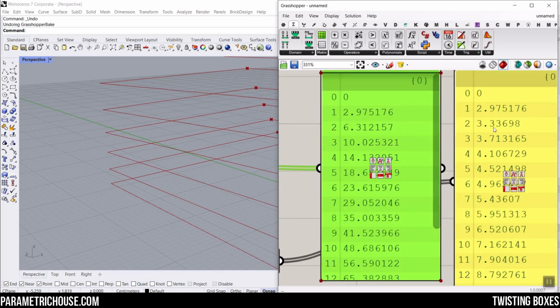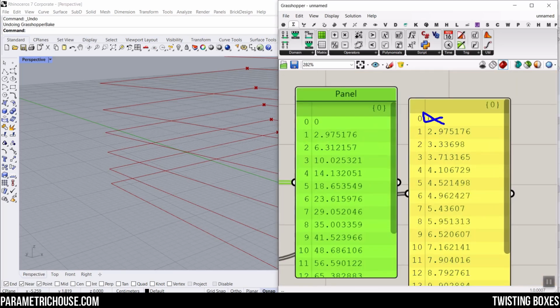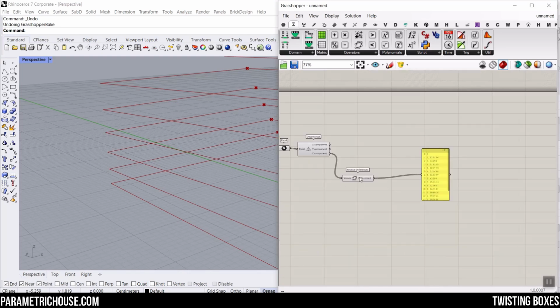Okay, so it's going to give you the difference here is like 2.9. The difference here is like 3.3, something like that. The difference here is something near 4, and the difference here is 4 till the end. But we have to get rid of this 0, so I'm going to get rid of that